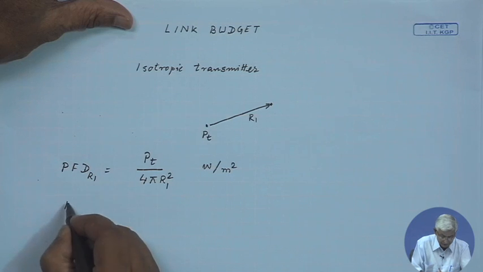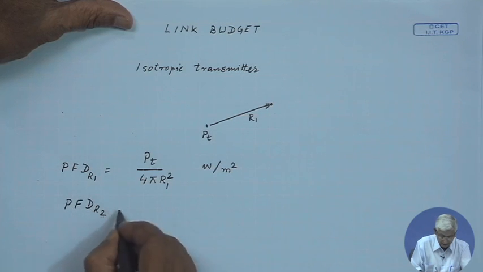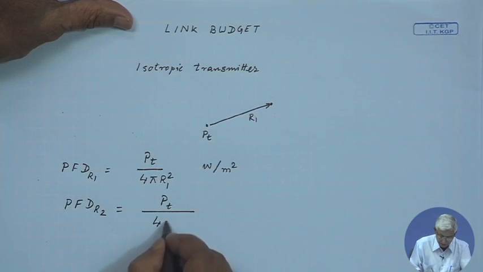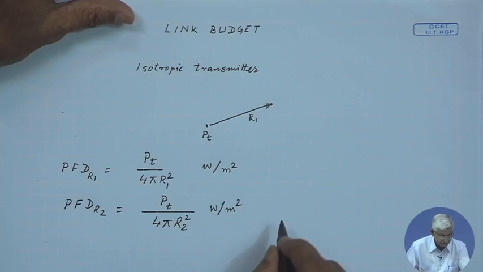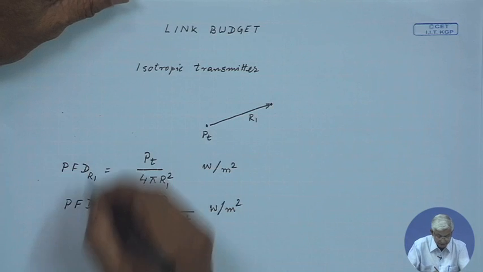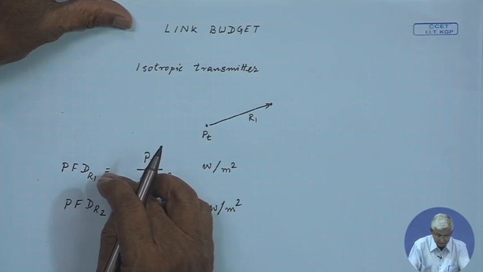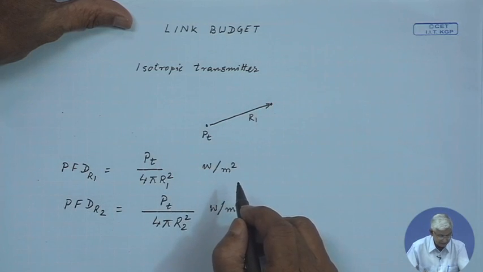Now, if we try to see the power flux density at R2, it will be PT by 4 pi R2 square, watt per meter square. Now, if you take the ratio of these two, to find out how much the power is changed from R1 to R2, assuming R2 is a larger distance,